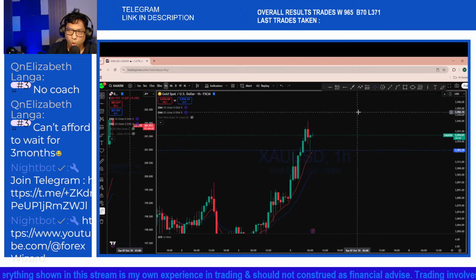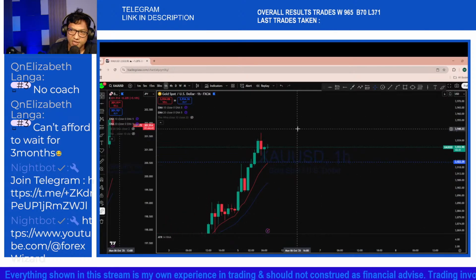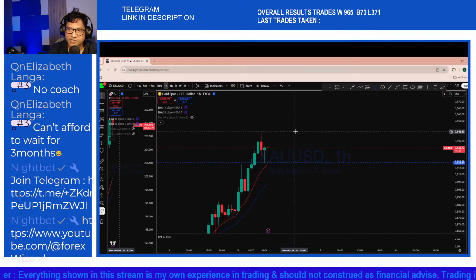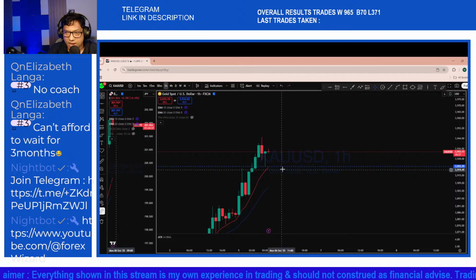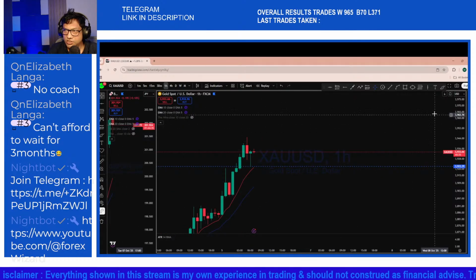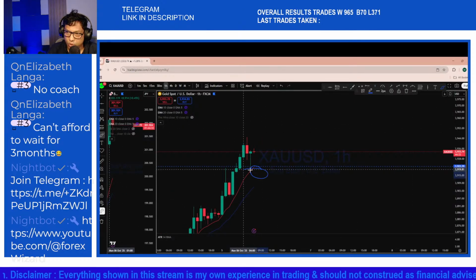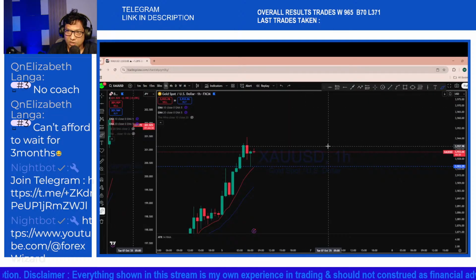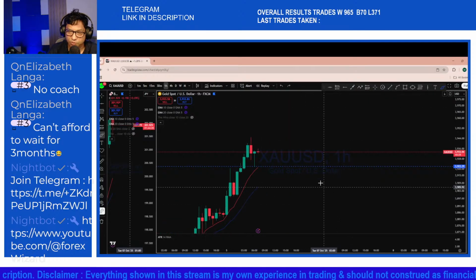Alright, so now what the market is doing here in that area. You can see that the price is here, this is where the market, this is a support level on the 1 hour 10 EMA. The price is approaching that level,